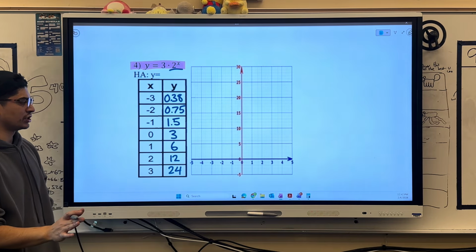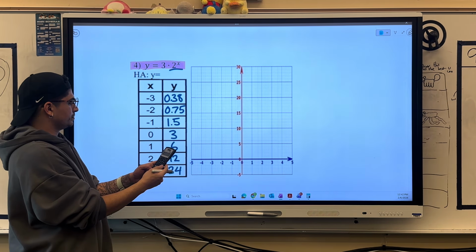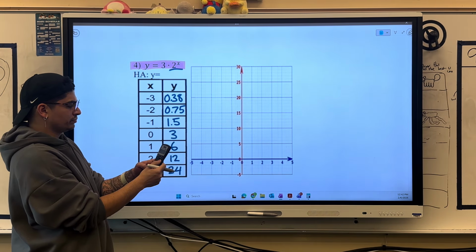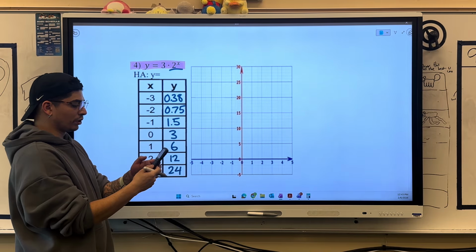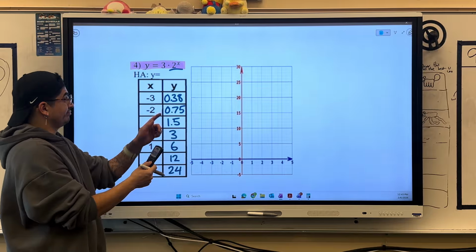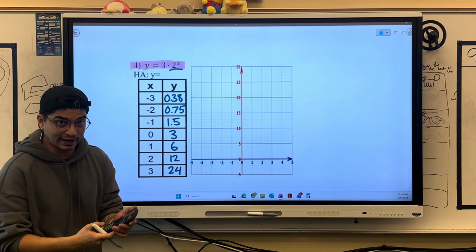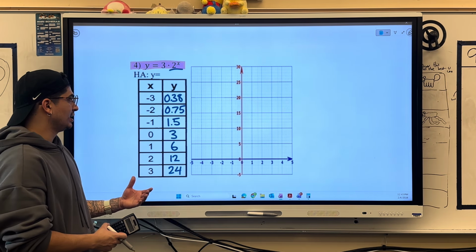Let's just double check that though, right? Let's make sure I'm not going crazy. Actually, in fact, maybe I did go a little crazy. Let's do 2 to the power of 2. 2 to the power of 2 is 4, times 3. That gets me 12. And then 2 to the power of 3 is 8. 8 times 3, 24. So there's a big thing for you, right? Notice how it all connects, that you do have a common ratio that's multiplying each time, and it's just following